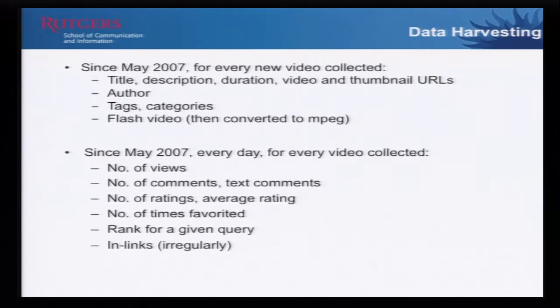One of the reasons for doing this is early on we noticed that a lot of videos were disappearing. And in our experience, about 25% of YouTube videos that we at some point had seen were gone. So it was important to catch it while we could, because some of the videos would disappear within a few hours. The more controversial the video, the sooner it may get flagged and disappear. But we were really interested in those videos, in addition to good videos. So this was YouTube.